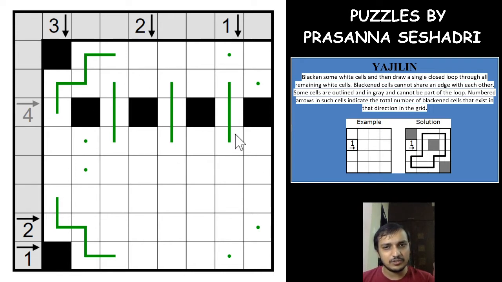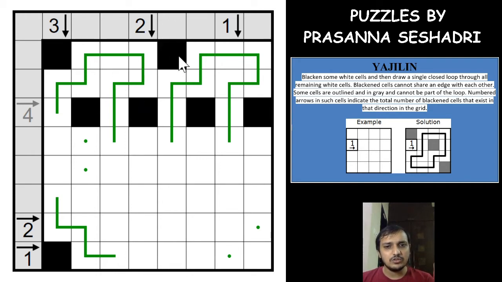This was the easy start for the puzzle, and this loop has to continue this way to make sure that this cell is fulfilled by the loop, and this is unshaded. Now this will go this way, this is unshaded, this has to go this way, which makes this cell shaded, right? So in Yajilin puzzles, you will always encounter some shaded cells which are not part of any of the clue cells indicating that shaded cell. So if you see this shaded cell, it is not part of any clue indicating it. There is no arrow or number indicating this shaded cell. So there might be some instances where you have a shaded cell not indicated by any number or arrow.